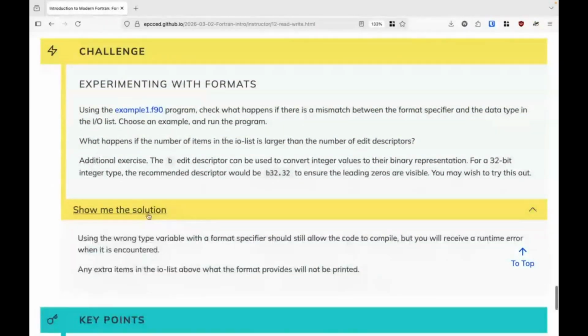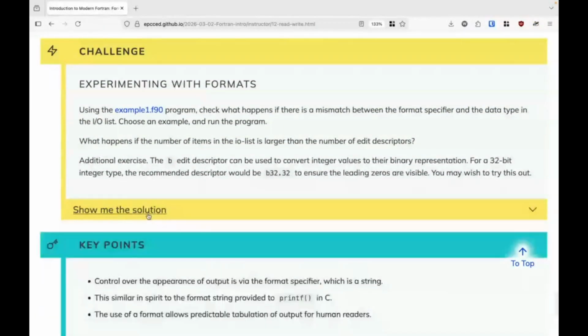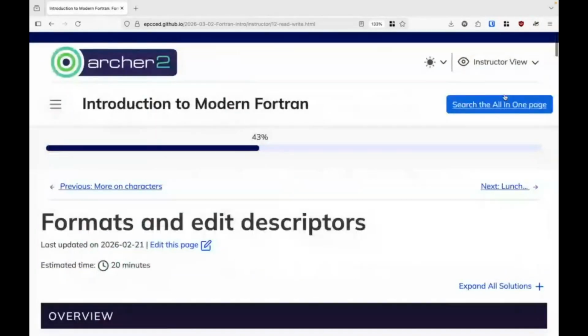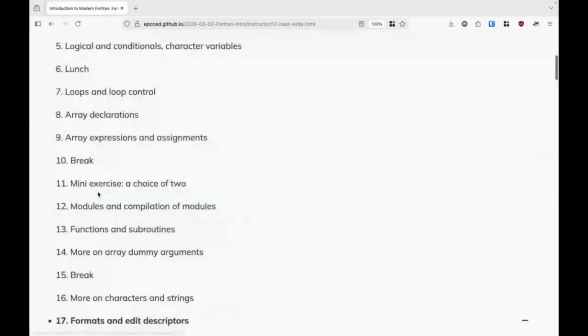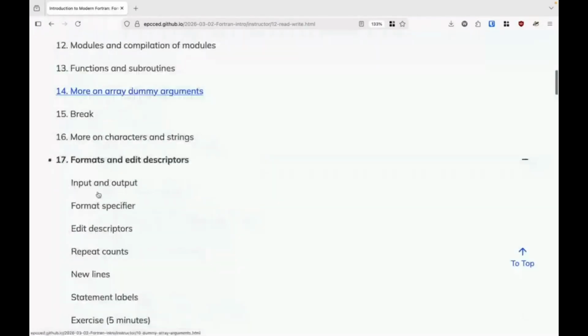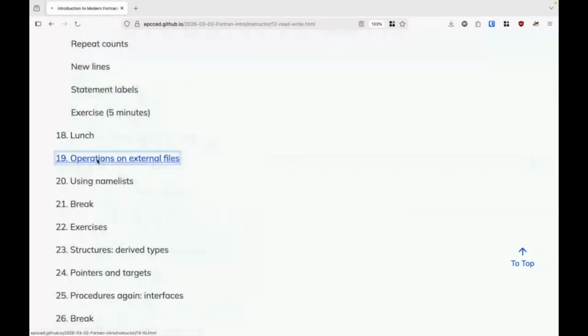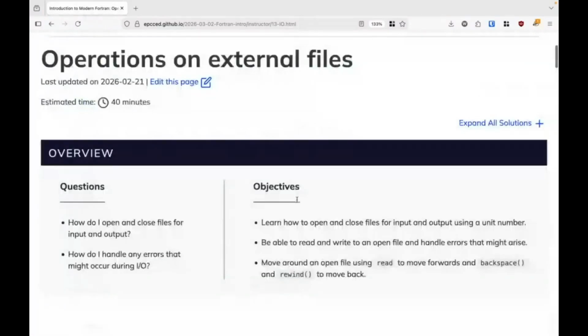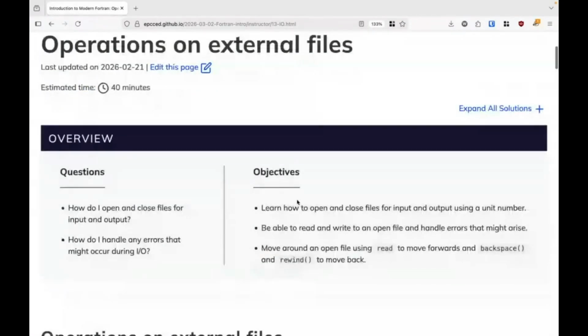It shouldn't take you too long, but I think right now it's more important for us to move on to external files. Then we'll probably end up starting tomorrow with name lists, which isn't too long. So let's just carry on for now, and tomorrow we'll spend some time doing some of the bigger